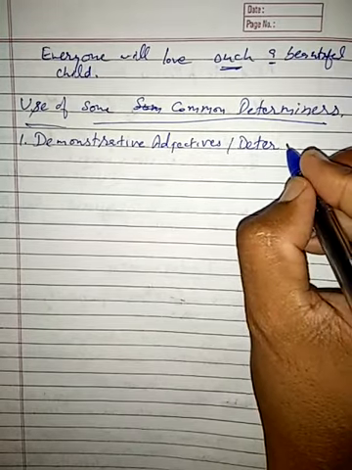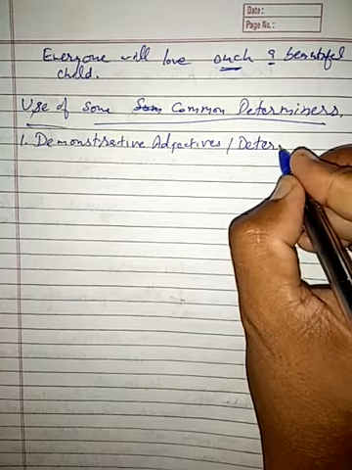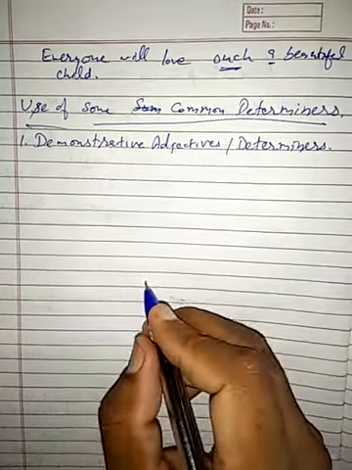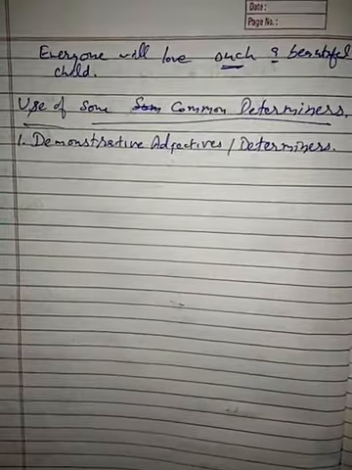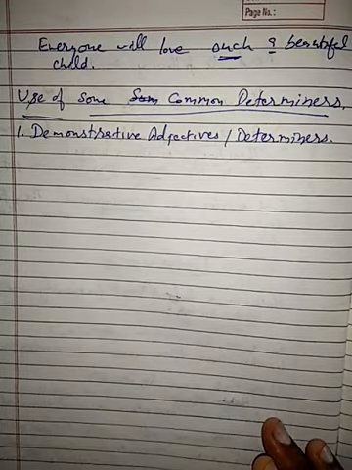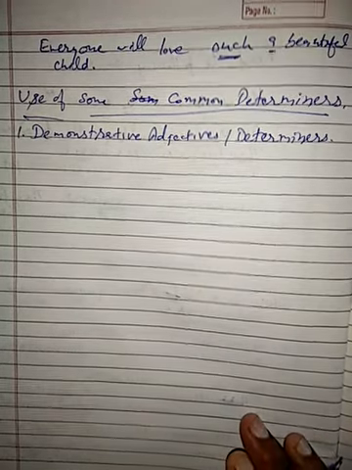Adjectives are a kind of determiners. Okay, clear? Because they are always written before a noun